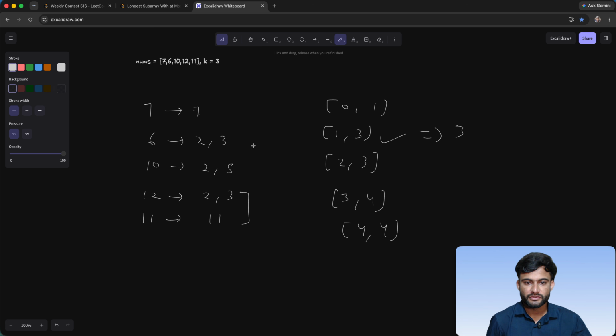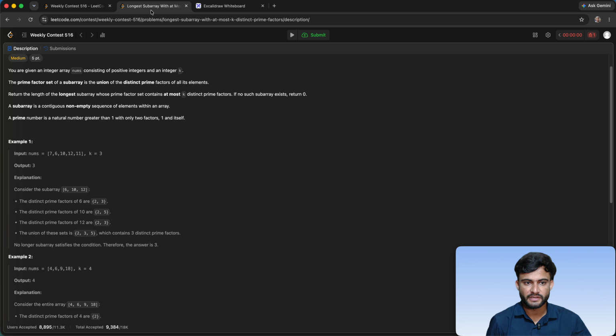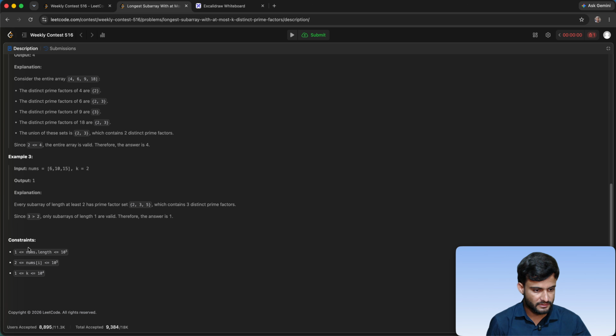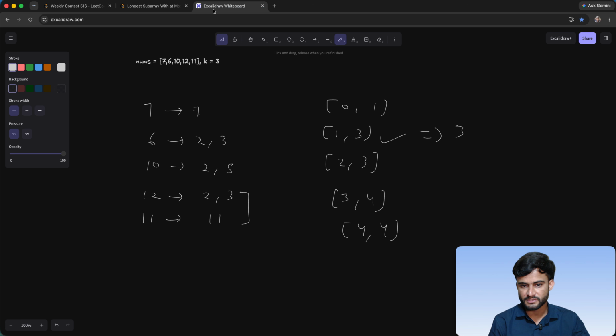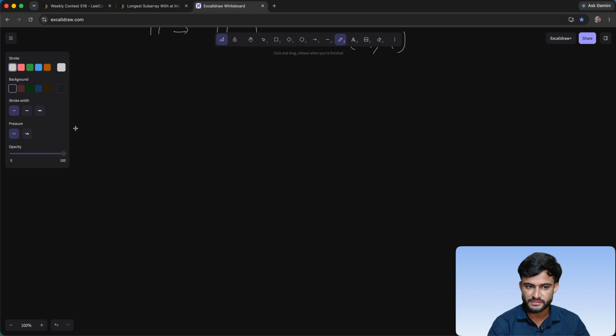Okay, so how will you solve this problem for a general given array? We can see that the constraints are quite high. We cannot analyze each of the subarray, right? If you go with the brute force approach, you can iterate over each subarray, right, in order of n square,